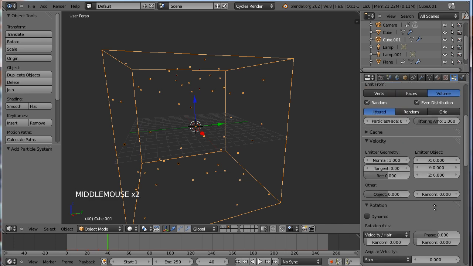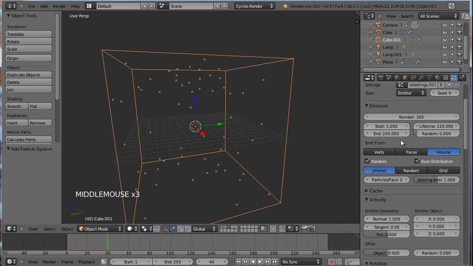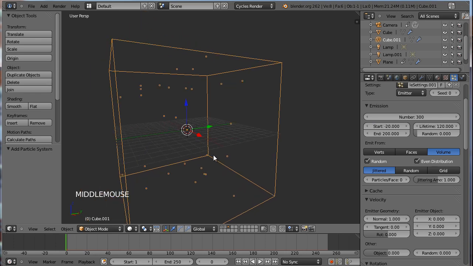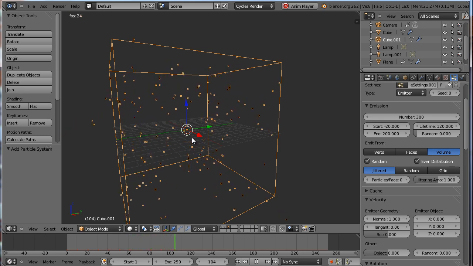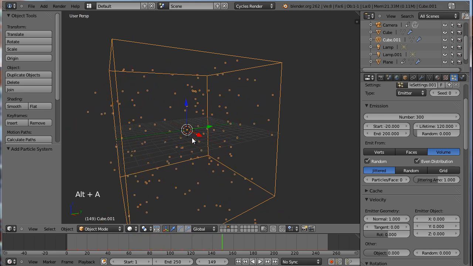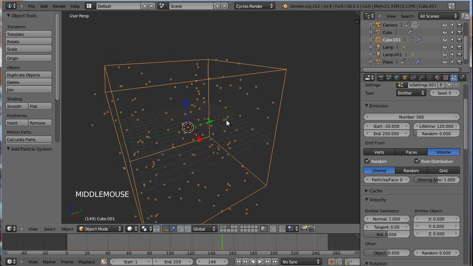Alright, and another thing that I did was this start. I think I put that to -20 so at the beginning there were already some particles just floating around. So you don't just have this empty scene and then all of a sudden all these extra particles show up. That might still be a little busy, but we're gonna wait and see what it looks like